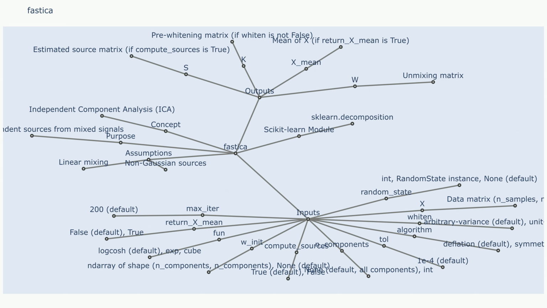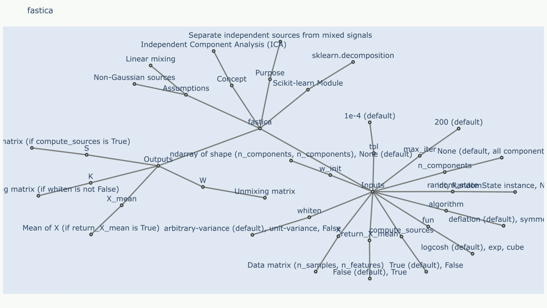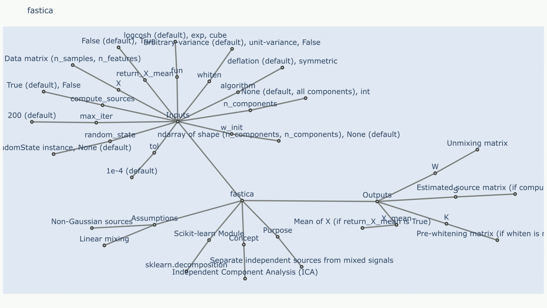Key concepts: independent components, the individual sources that contribute to the observed data, each with unique characteristics, e.g., frequency, amplitude, spatial location. Mixing matrix, a matrix that describes how the independent components are combined to form the observed data. Unmixing matrix, the inverse of the mixing matrix, used to recover the independent components from the observed data.